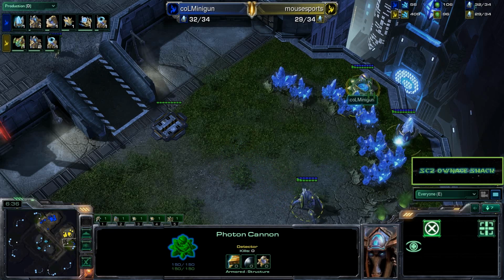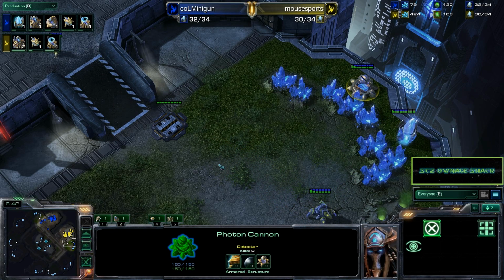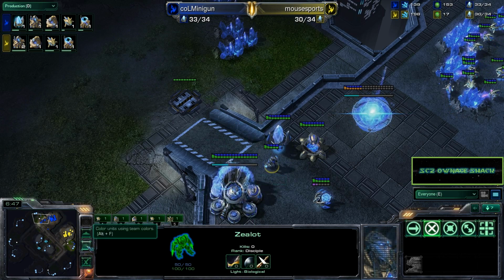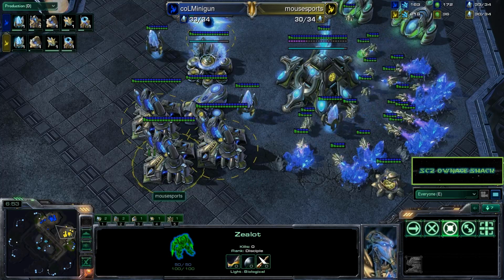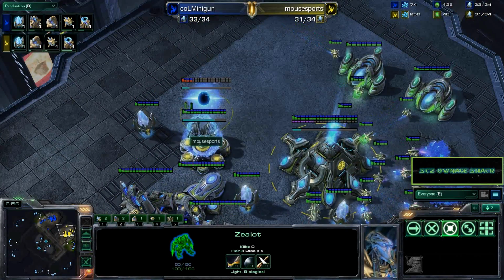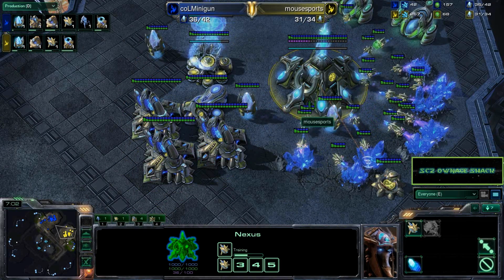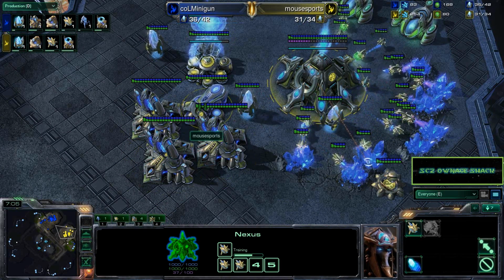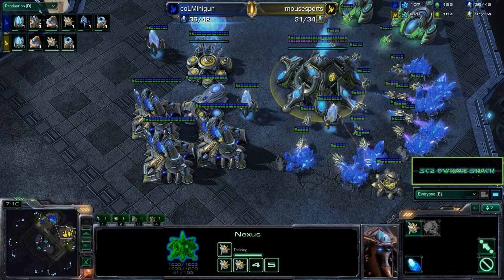He can get the pylon, but you obviously don't want to get hit by the cannon when you're doing so. And that should put Minigun even further behind than he already is. So, Robo going up just now. You know, it's kind of sad, actually. I feel like MLG should have been ahead after this, but for whatever reason, it seems like his build just